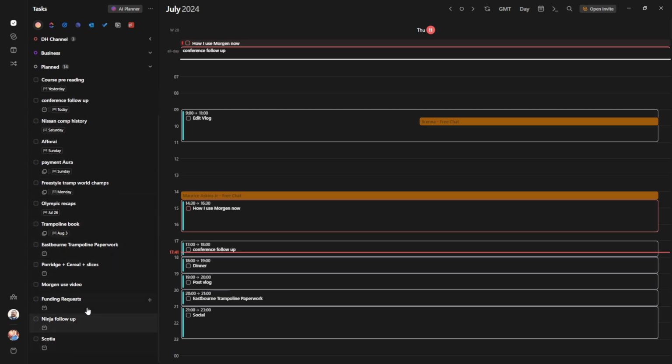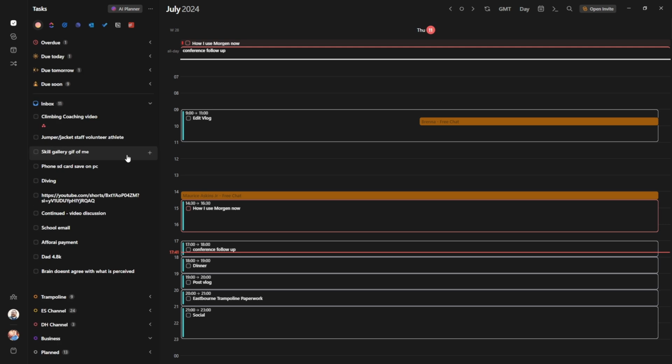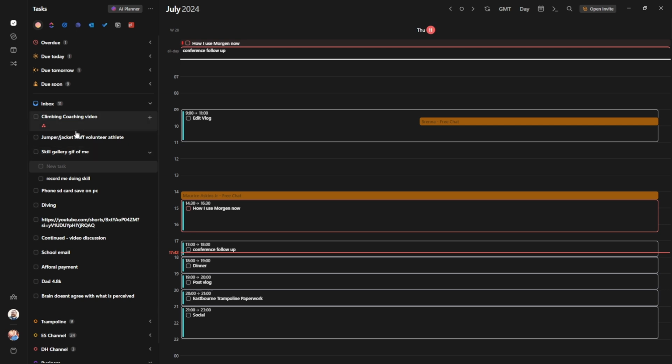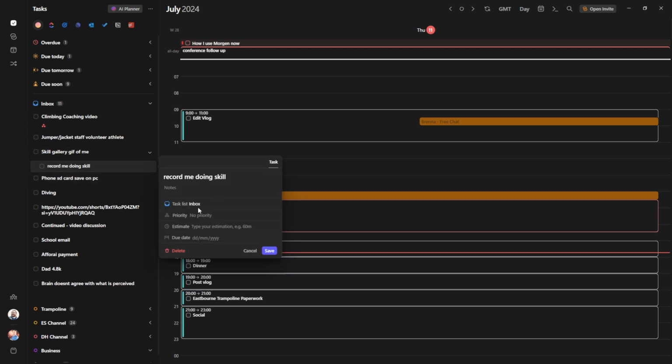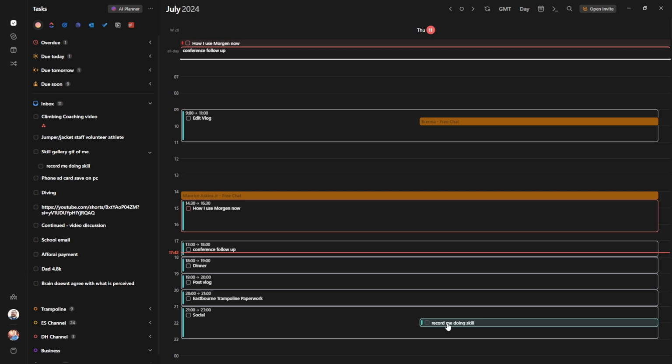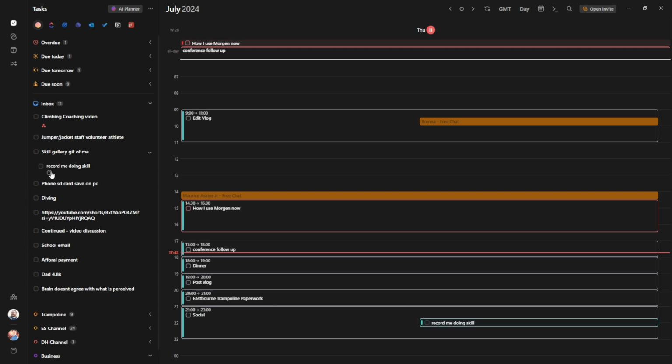And then we've got some scheduled things in here. And then Morgen use video, that's the task that I was playing around with earlier, so I could probably actually delete that. And just adding another feature, you can see every task has a plus next to it. So skill gallery of GIF of me, if I push plus, I now have a subtask. So record me doing skill. And what this has is everything a normal task has. You can change the task list, priority, estimate, due date, et cetera. And so let's say I'm going to do that, then I now have a planned start, planned end, and you can see